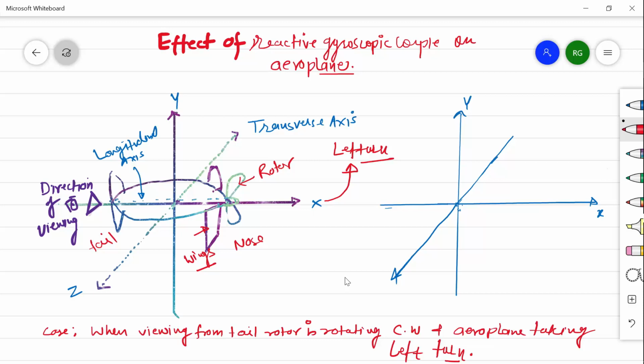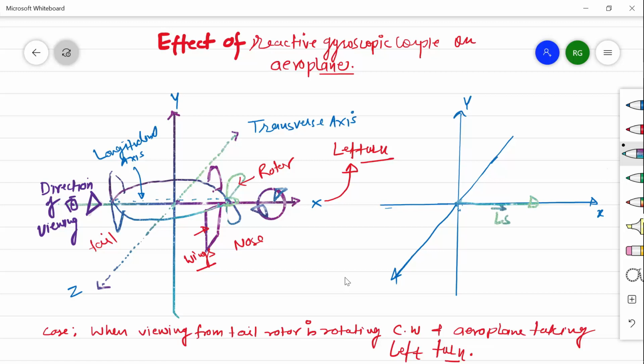So this is rotating when viewing from the rear side. This is rotating in clockwise direction. Rotor is rotating in clockwise direction. So now we know that when we view from the rear side, all the rotating parts are rotating in clockwise direction, or we can say the cumulative angular momentum vector would be according to right hand screw rule. If we curl our finger in the clockwise direction, then our thumb will direct in this direction. So this is the direction of angular momentum vector,